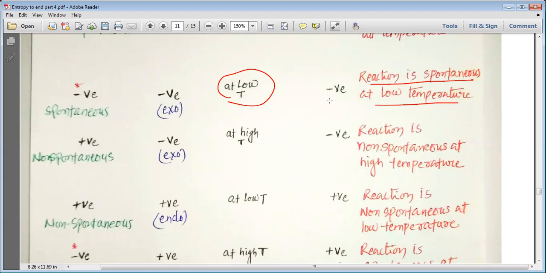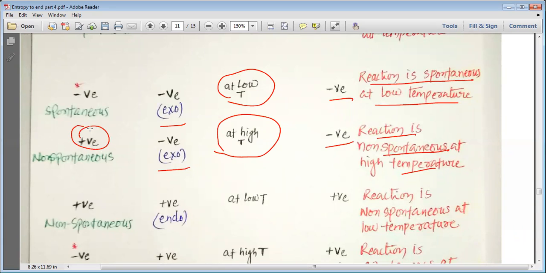So my dear students, if the entropy decreases and the reaction is exothermic, at low temperature it is going to be spontaneous, but if the reaction is exothermic, entropy decreases, and we have the higher temperature, then the reaction is going to be non-spontaneous in this case,